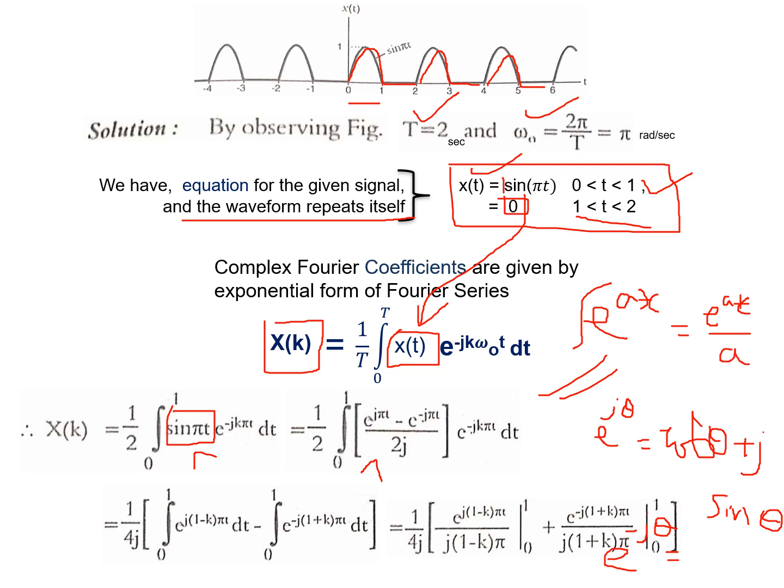In the place of a, I have got j bracket 1 minus k pi t. Sorry, pi. t is a variable here. I am integrating with respect to t. So this is constant, this much is constant except pi t, except t. So here also the constant is e power of minus j 1 plus k pi t. Once again, minus j 1 plus k pi is a constant, t is the integration variable. So this is what I get.